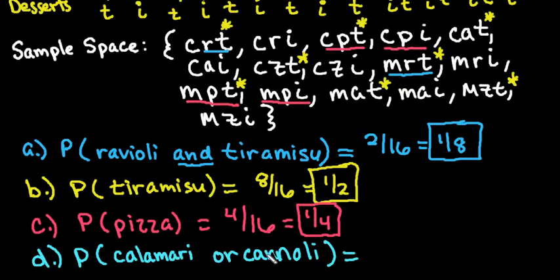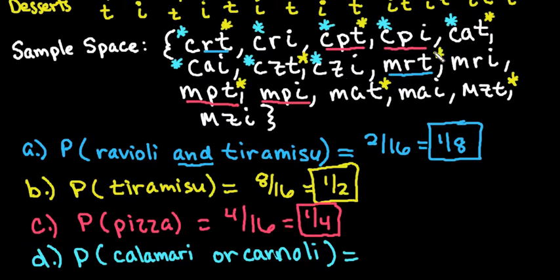So if it has either a C or an I, we're going to count it. So this one has a C. This one has both. It can have both. This one has calamari, calamari, calamari. Okay, calamari, calamari, calamari. So we know that at least half of them have calamari because of the fact that half of our